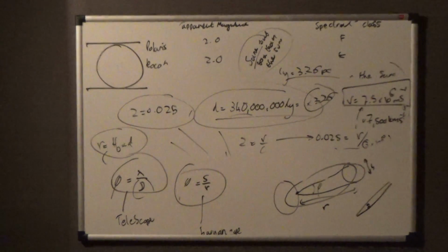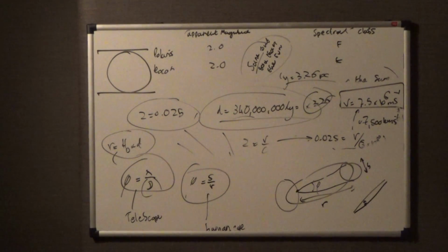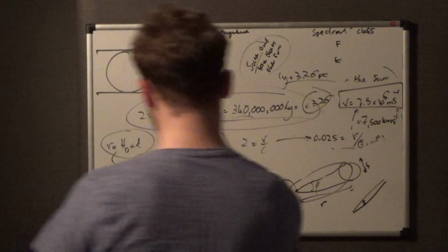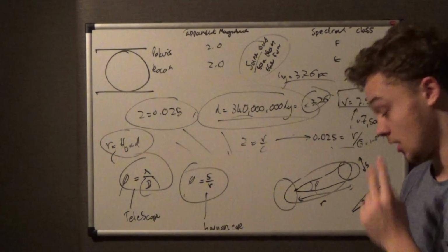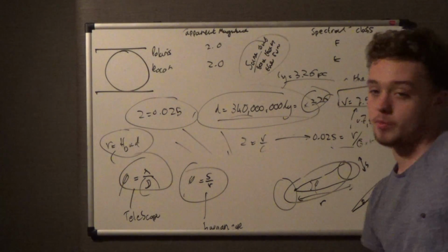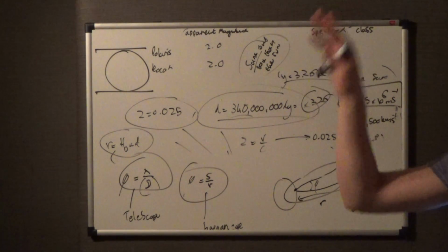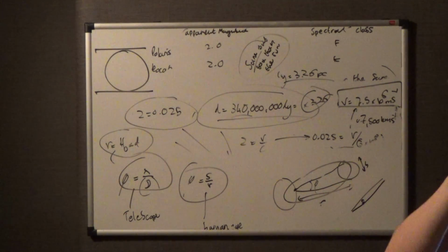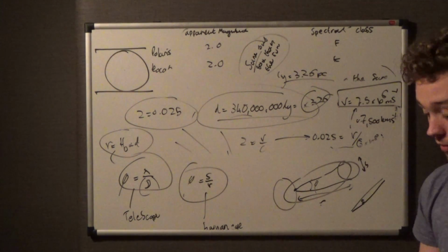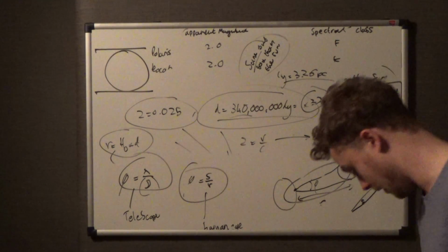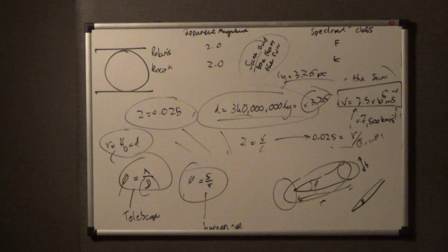In essence, if you're just literally the kind of person who wants to know the least possible, this equation is to do with the human eye, this is to do with the telescope, and in this one we talk about the wavelength and the diameter, whereas in this one we talk about the separation S, which is that angle I talked about, over the distance between you and that planet. So, a very quick video just highlighting the two differences between these two equations, because I did get a little confused when I first did this